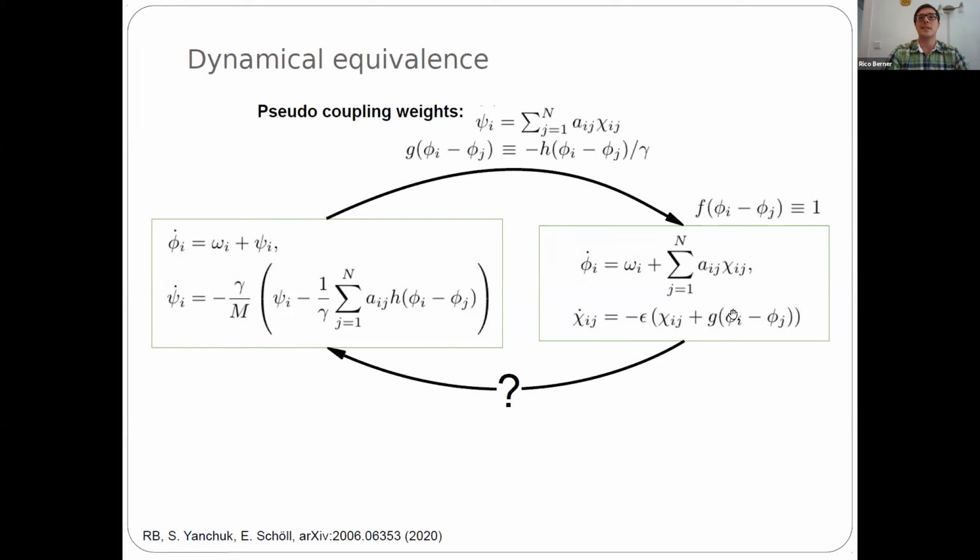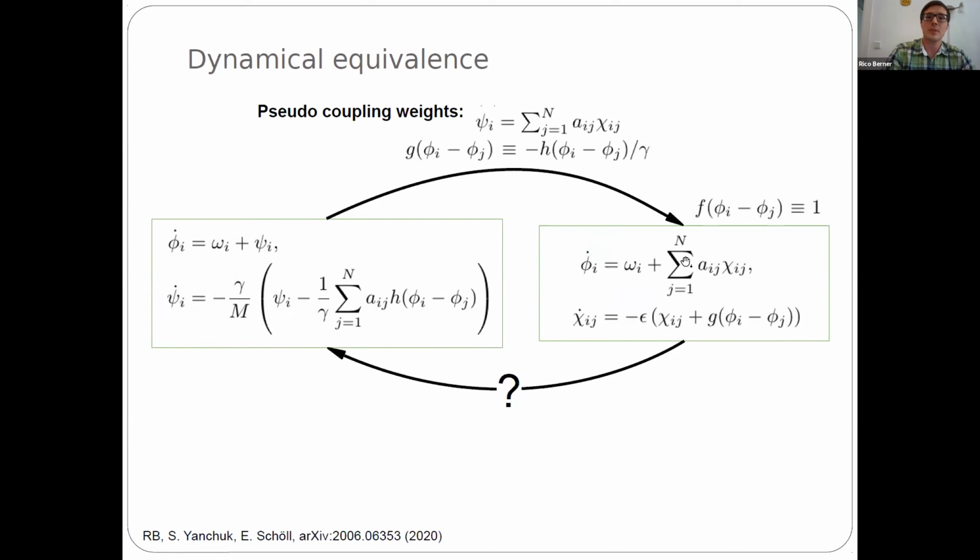So what we can see is, just by rewriting the left-hand side equation, so the power grid equation, and introducing new variables, we can rewrite it into adaptive networks. So this is quite nice, but the only thing which is left is, here on the left side we have 2n differential equations. On the right hand side we have n squared plus n differential equations. So it's n squared minus n more differential equations. So we embed a lower dimensional system in a higher dimensional system.